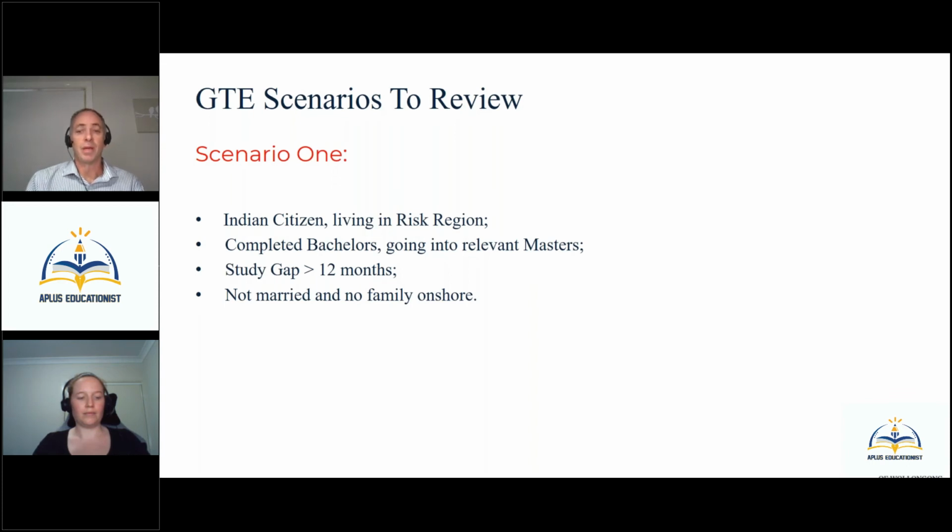So again, in this particular example, and more generally, and this goes to my earlier point around why we ask for a statement of purpose, it is A, to help clear our GTE condition, but B, to help the student receive a positive visa outcome. In this case, knowing that information not only would have helped us, but it would have helped the student when they submitted their visa application. As I said, when we ask for more information, we'll be fairly to the point about what we would like covered, and then you only need to respond to that particular point. In this case, the student did not provide any further information, which led to us not clearing the GTE condition.